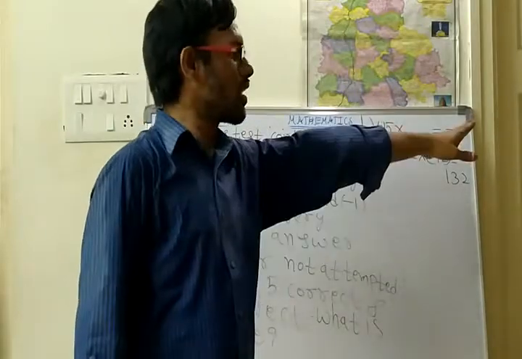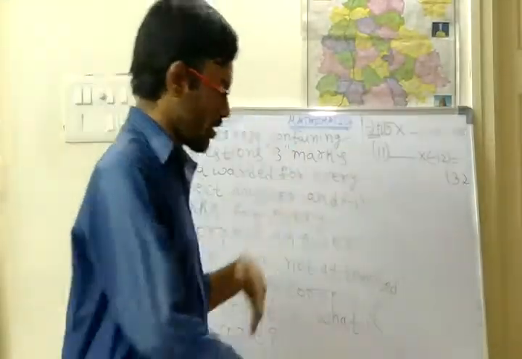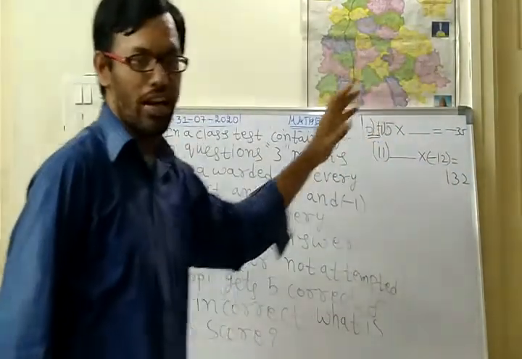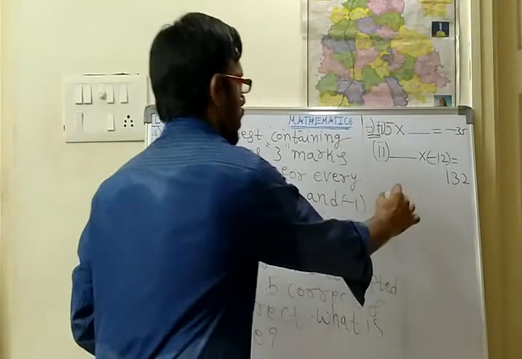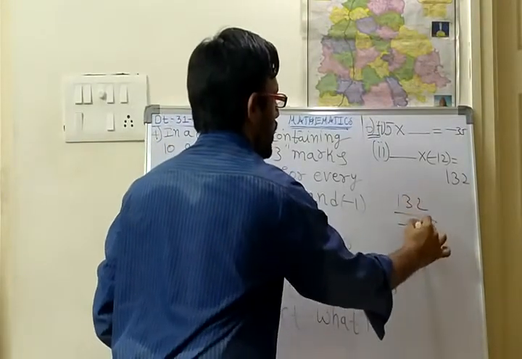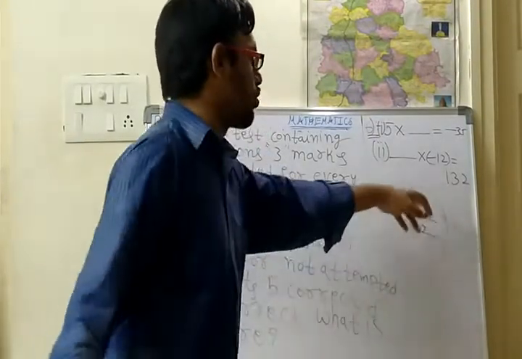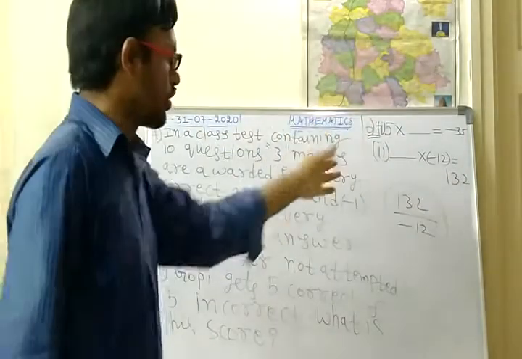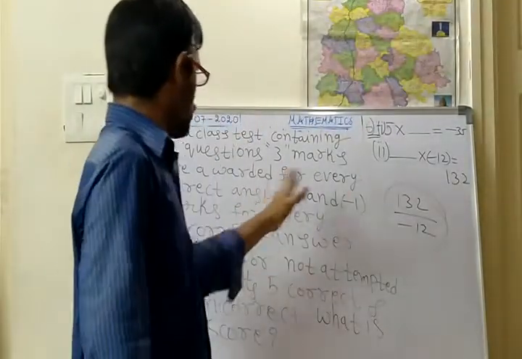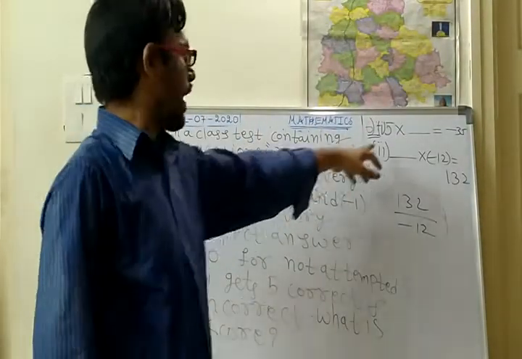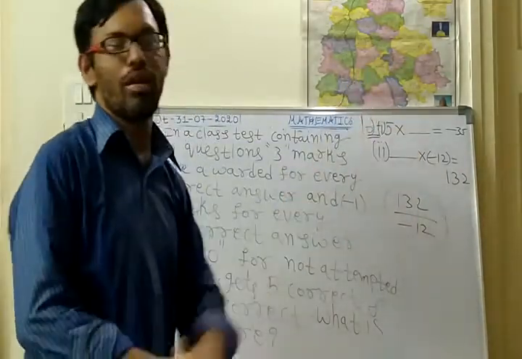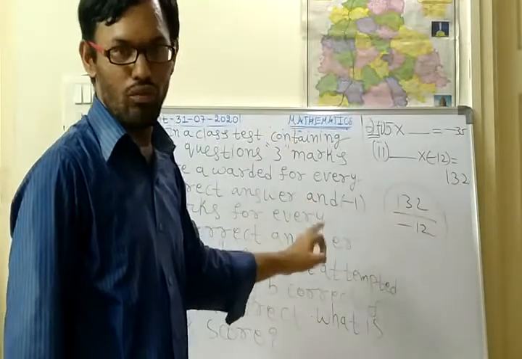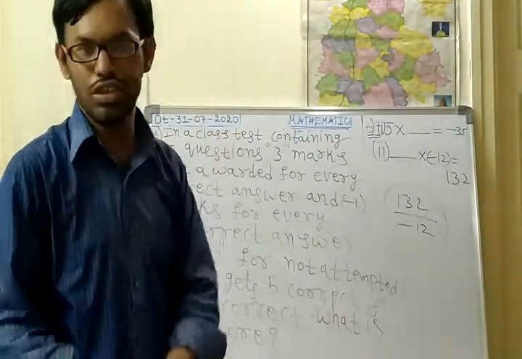So in the place of blanks you keep x and you send the other number to that side. If you send another number to that side, it will divide. So with the help of the negative also you should write it down. So like this, 132 by -12. So like this you should do the calculation. In the 12 table, where 132 will come, you try to find that. So in this 4th question and in the 6th, two problems are there. You try to do them, and compulsorily put this homework in the 7th class group, so that I will check the answers.